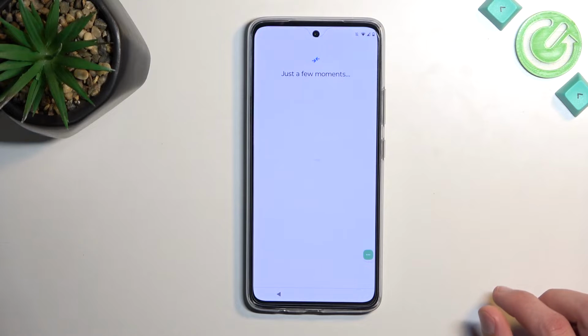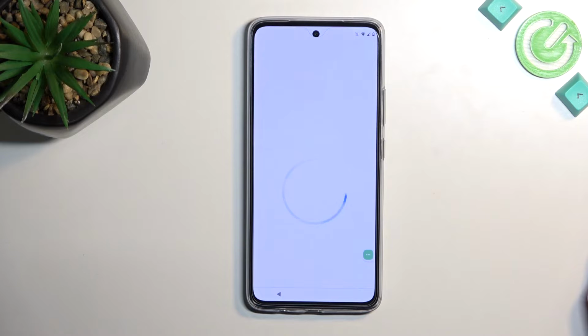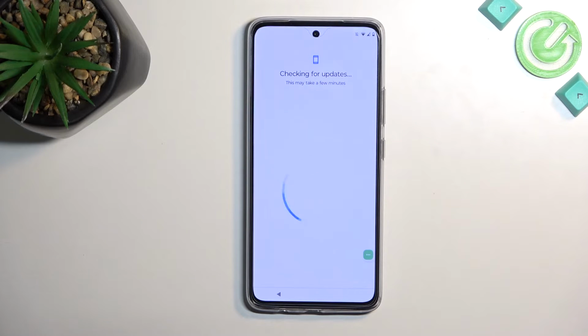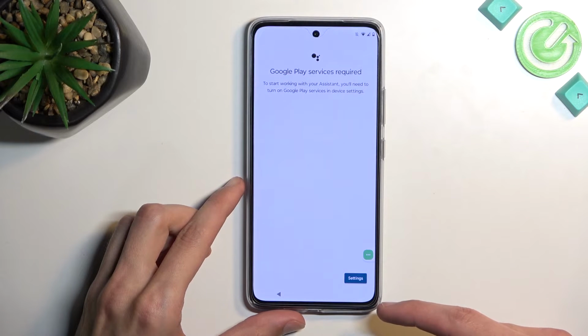Let it load. From here, select don't copy, and you should then see the device checking for updates, and it's going to glitch out like it does, and then go back to checking for updates. So once you're on this page, the device should not be able to go any further, at least not right now. And what you want to do is press on this accessibility menu, select assistant, choose settings,